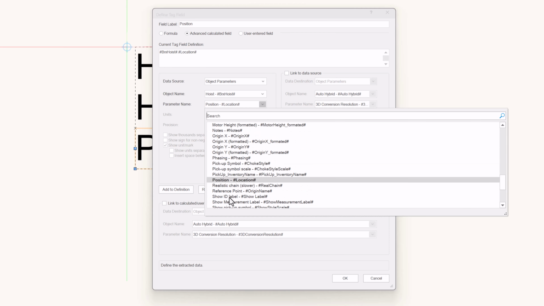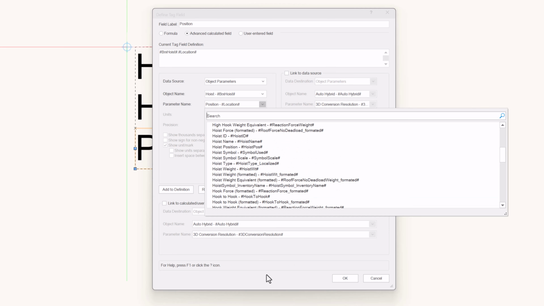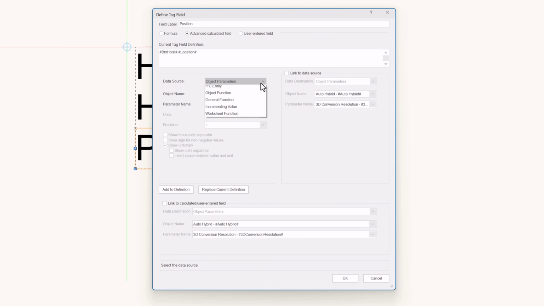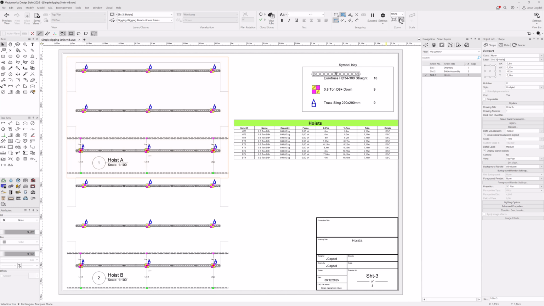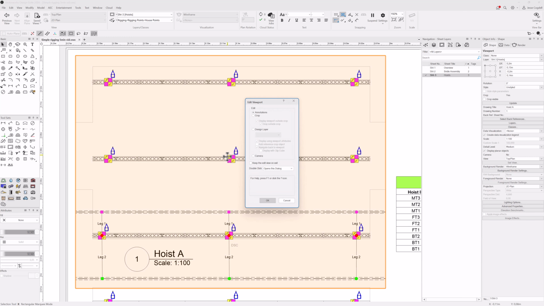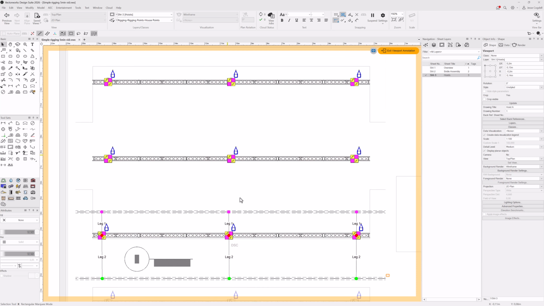It's important to remember that the data source defines what the tag will work with. So if you choose to display data that's hoist specific, then the tag will only work with a hoist. Editing the layout like this can also be used to customize any of the default tags that ship in our library. A key difference from labels is that you can tag hoists in viewport annotations,